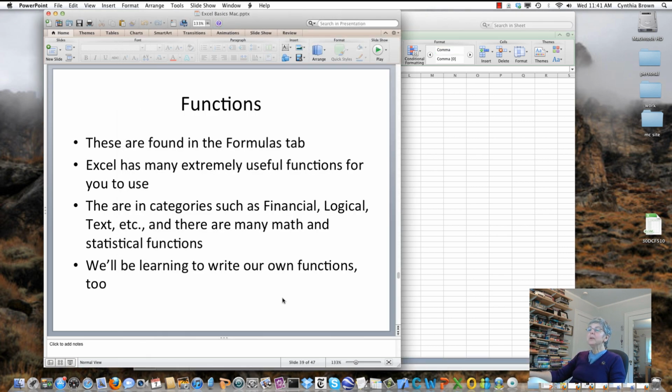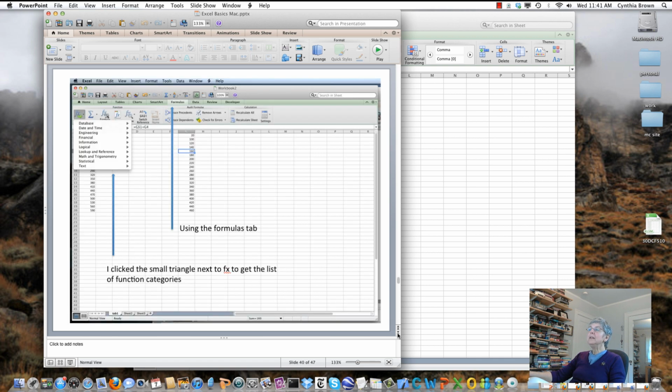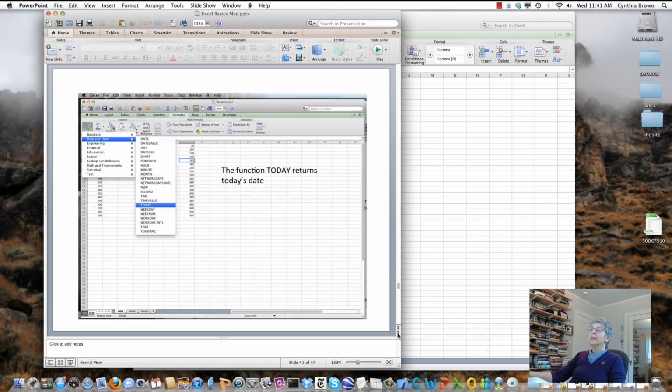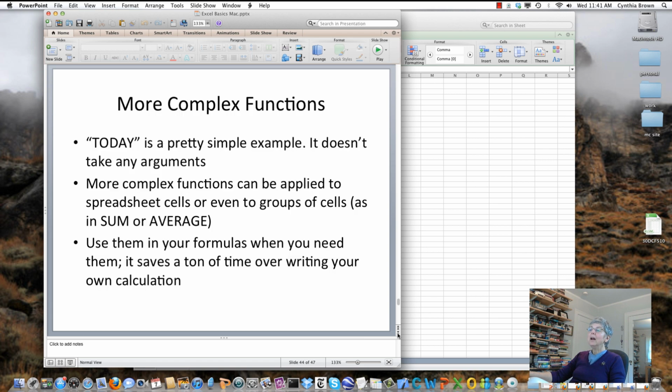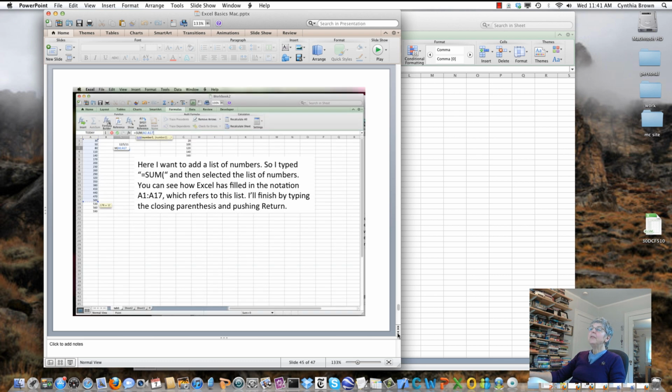Okay, let's make sure we covered what we need to here. So this shows you some of the details that we've been doing: the TODAY function, the SUM function,